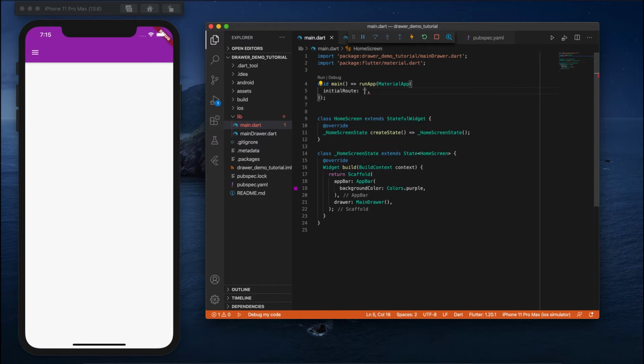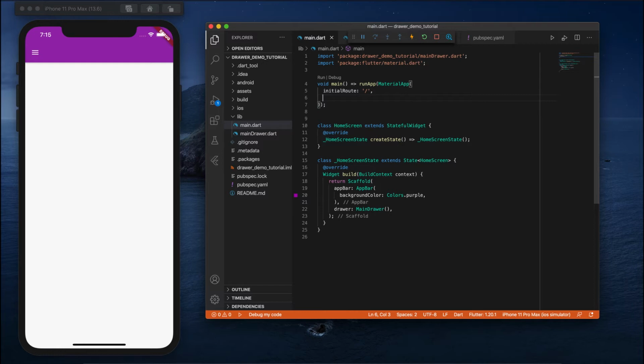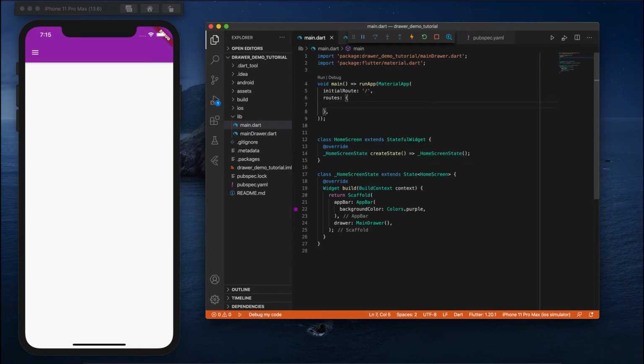If you see my previous tutorial, I explained what a route is and how to do navigation. So I want to create it directly. This is my initial route, and in these routes I'll create the main route. This is my home screen, so I'm not doing anything here. Simply I'll write home screen,